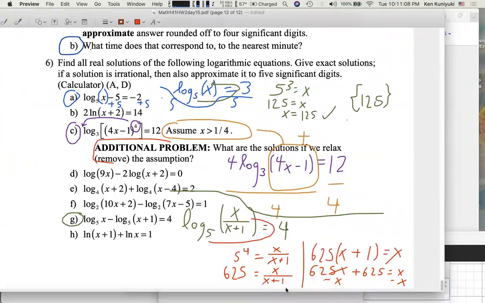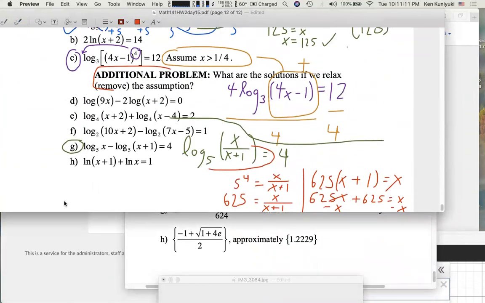Oh, it's in the file. Okay, I gotta move over. All right. So when I move over here, it's going to be 624x equals, subtract the 625, right? Divide by 624. And by the way, you have to show this work, okay, even though